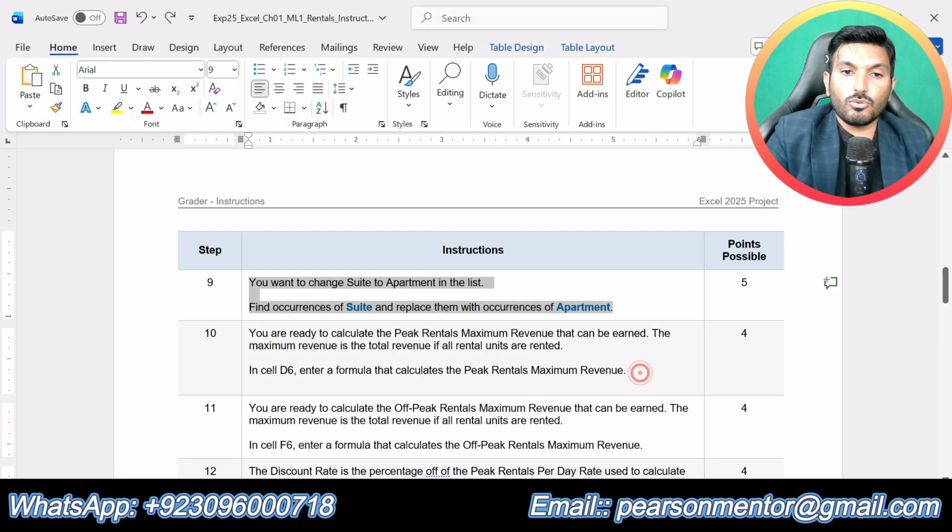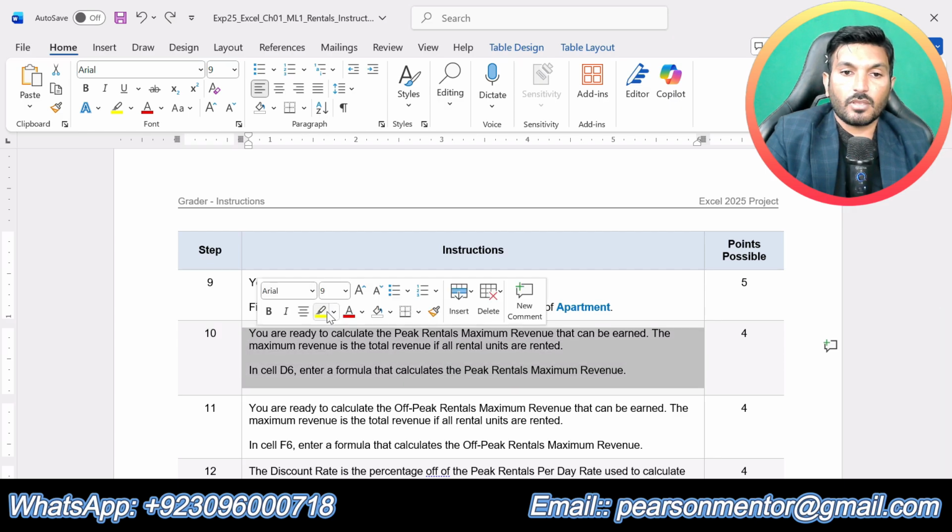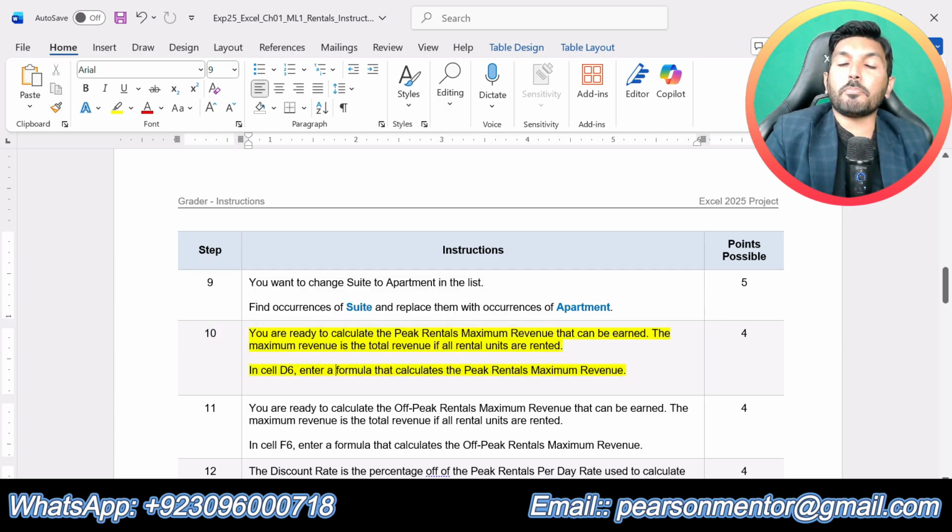Okay, now do step number 10. You are ready to calculate the peak rental maximum revenue that can be earned. The maximum revenue is the total revenue if all rental units are rented. In cell D6, enter a formula that calculates the peak rental maximum revenue.